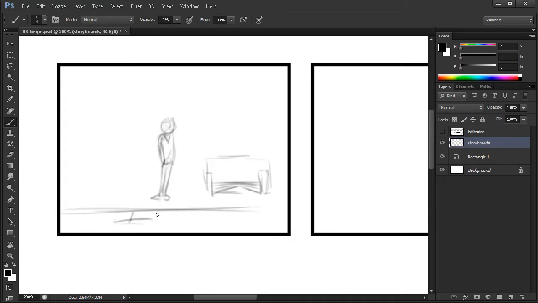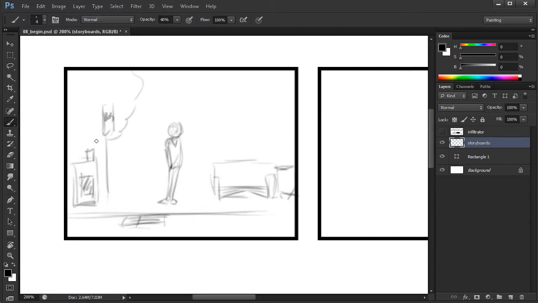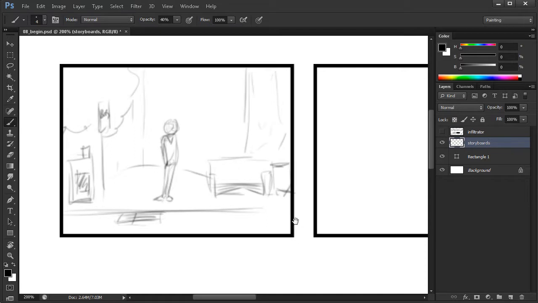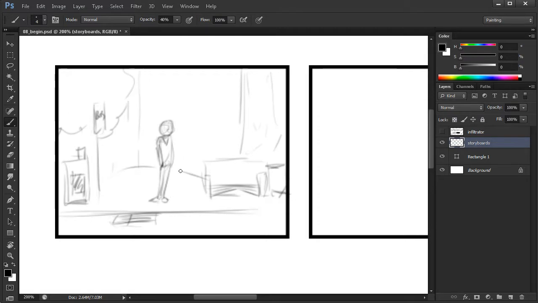Maybe there's like a little bit of a rain gutter here. And maybe there's a bus stop sign. Maybe some kind of a paper machine. Yeah, maybe there's a trash can or something on the other side of the park bench here. So we can come roughly draw in some background elements if we need to kind of set the stage. You can kind of see maybe there's a park behind him with some buildings and a tree and some things. So we've kind of got the scene set with this first image, kind of a neutral image introducing the character to the audience. He's in the center of the image, front and center here,